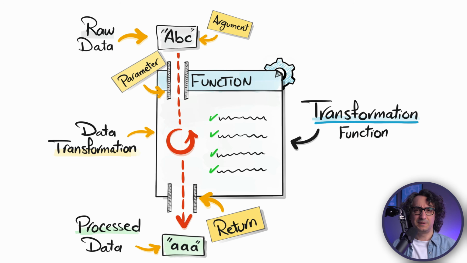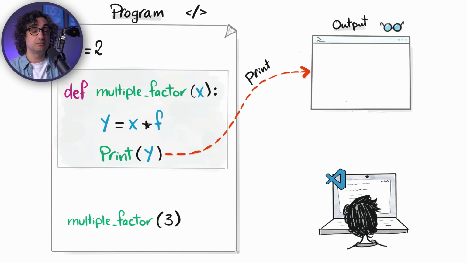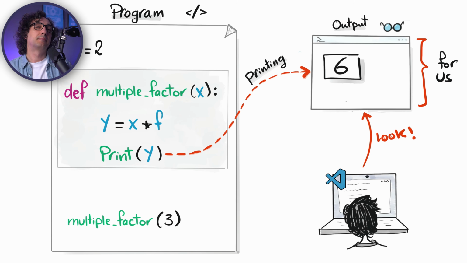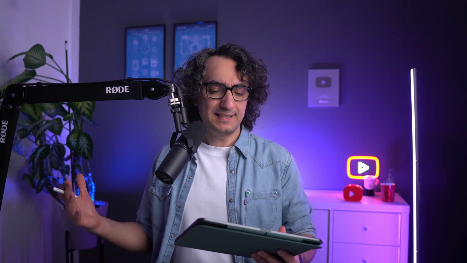So it sounds very simple, and most of our functions look like this. Now if you look back to our example, you can see we are just printing the output of the function, and of course printing it is something for us, for humans. We are seeing the text on the screen. But the thing is, programs don't work with the printed outputs. They need the function to return the values back to it internally, and for that we have the return. So that means if you want the result of your function to be reused later in the program, you cannot use print, instead you have to use return. And of course you can use both of them if you want to print something for you and return something back to the program.